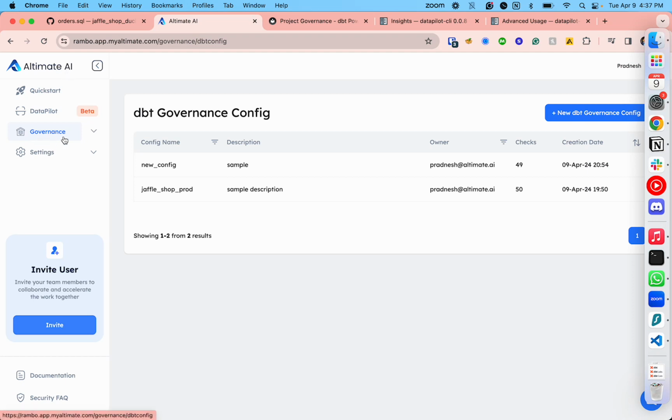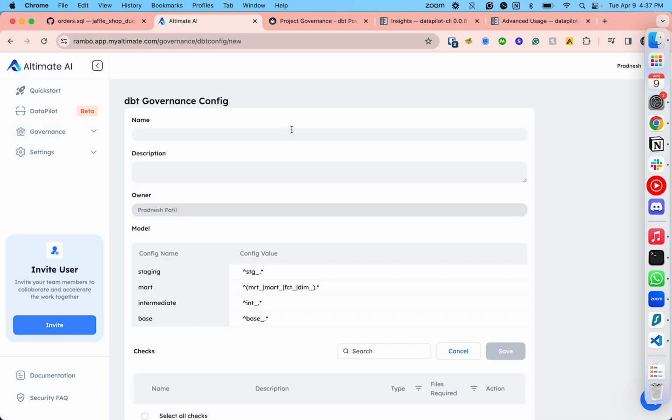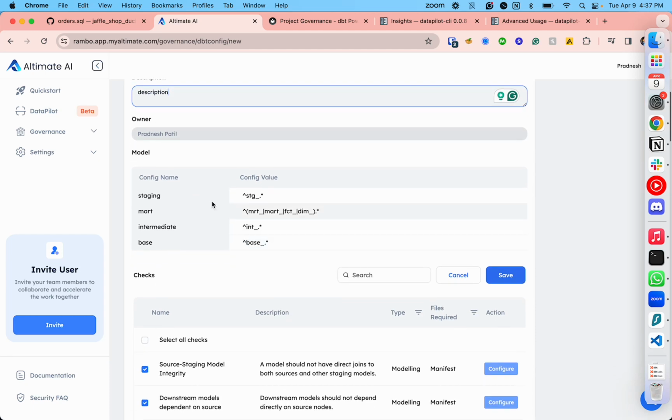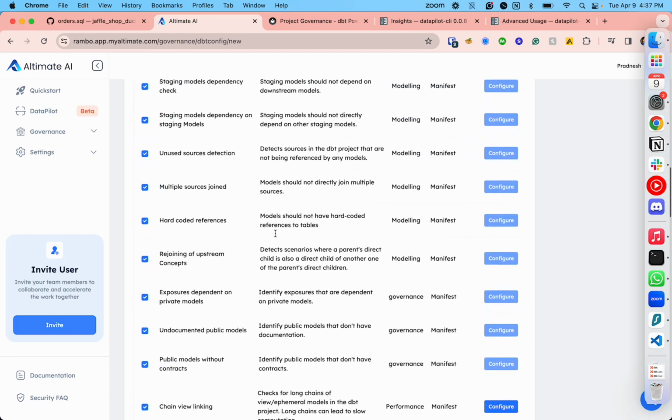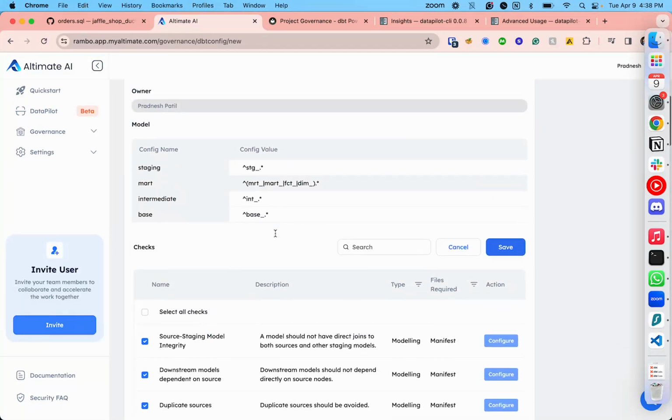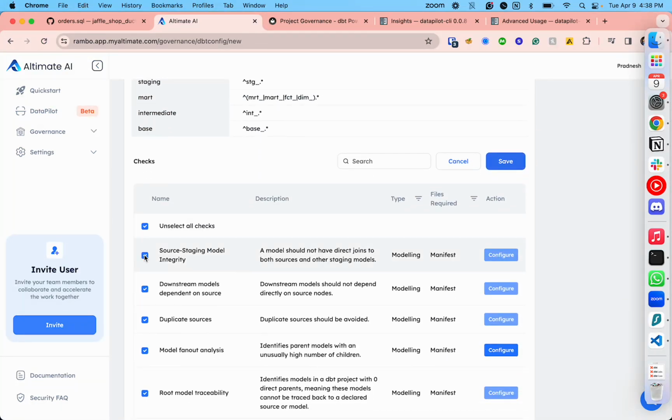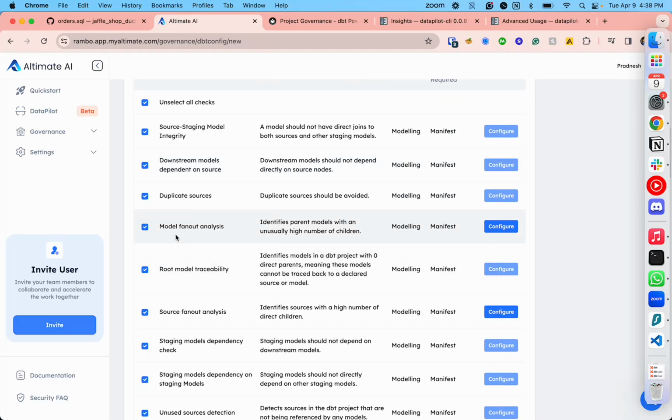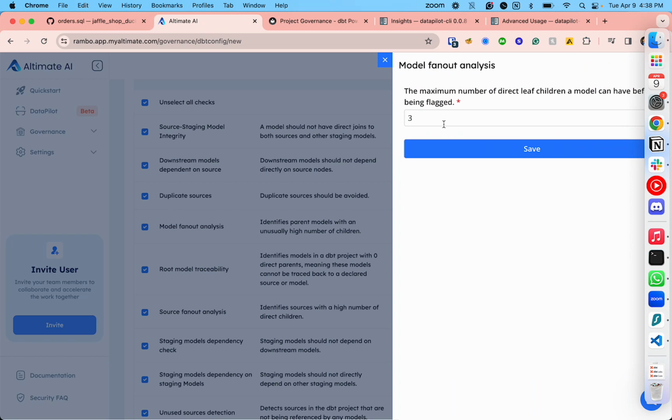To do this, go to the governance tab, click on plus new dbt governance config, put some name and description. I'm just going to put a description there, and then here you can put the regexes to match different models, and below that you will find a list of all the checks available. You can disable certain checks. For certain checks, configurations are available. For example, model fan out analysis, if you want to configure it and maybe the maximum number of direct leaf children,